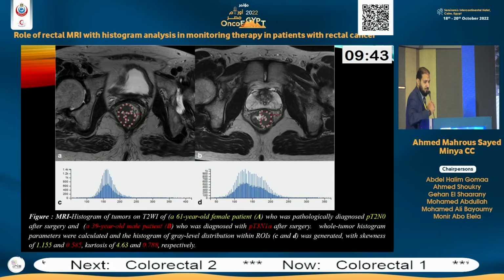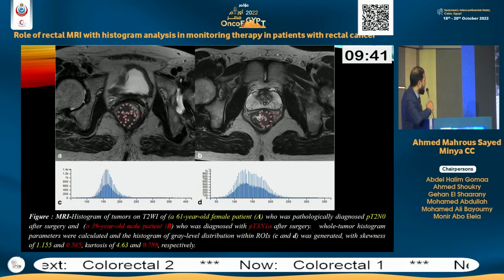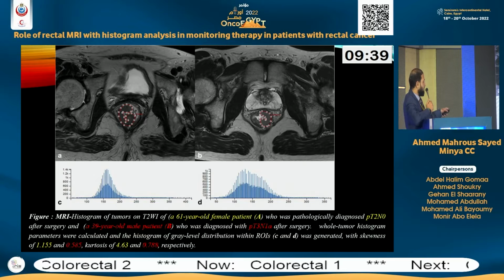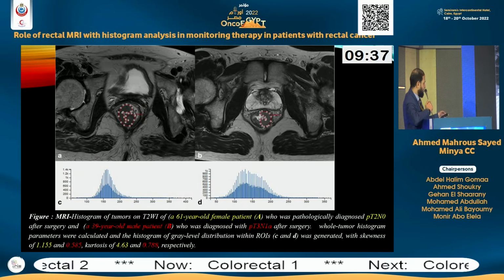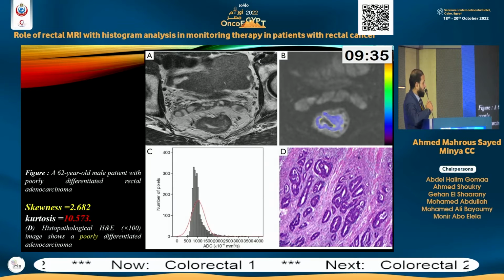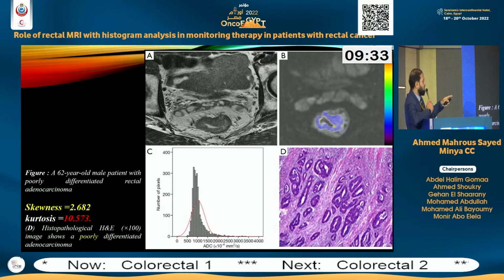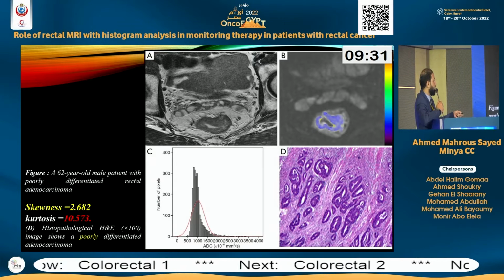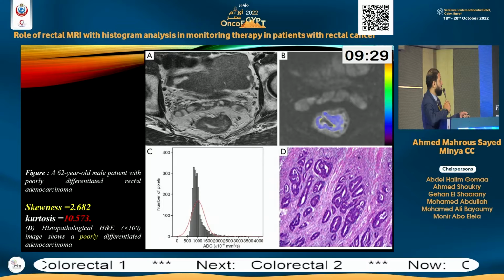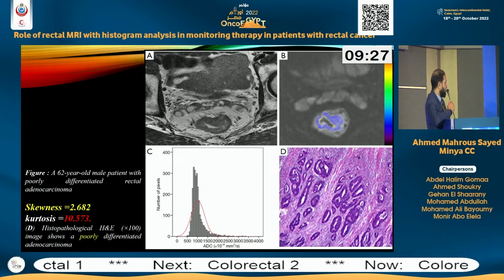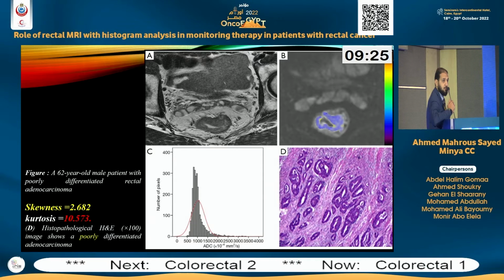This is another case. We are drawing along the whole margins of the tumor, and then we can measure our histogram and get our values. Another case here, this is the histogram analysis of the lesion we can draw, which is in blue. Here, the whole lesion is drawn, and then we get our histogram and different parameters which enable us to better